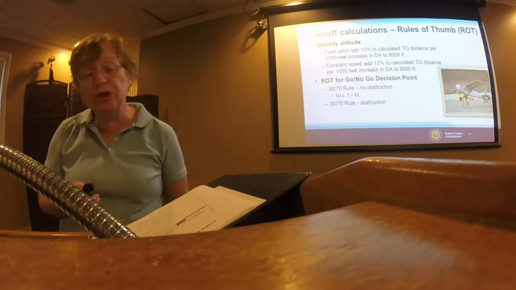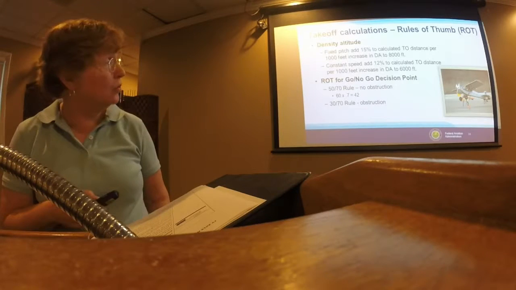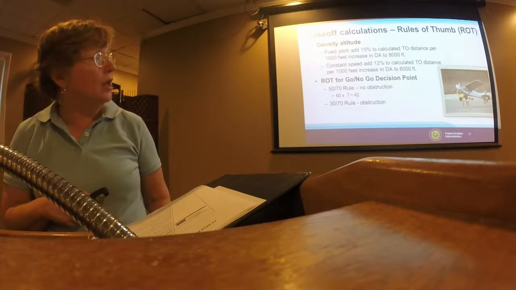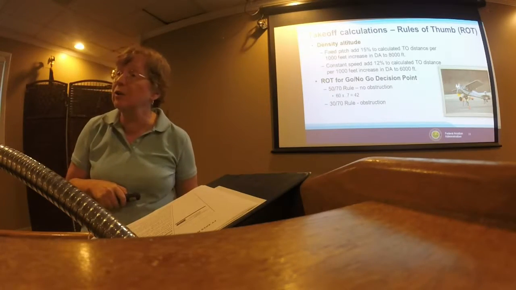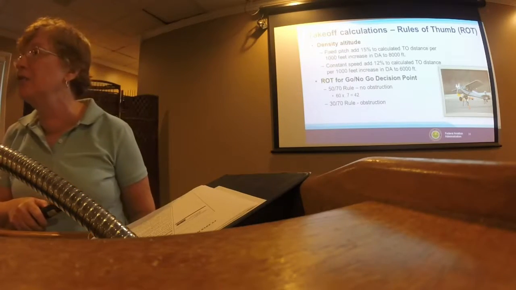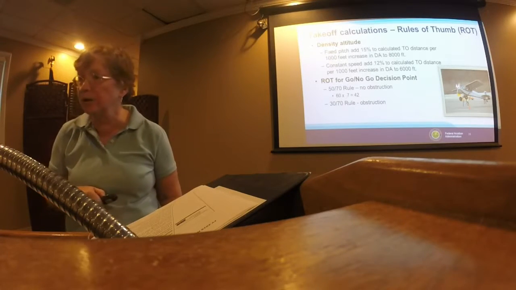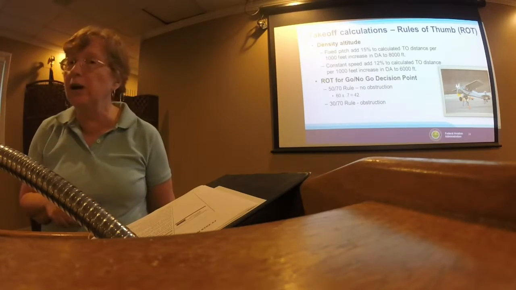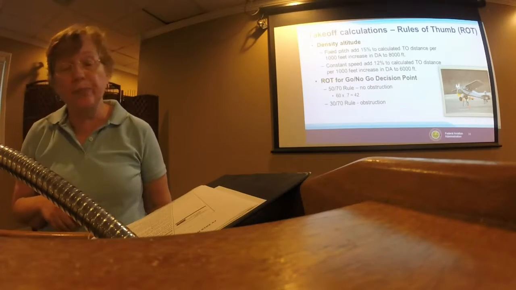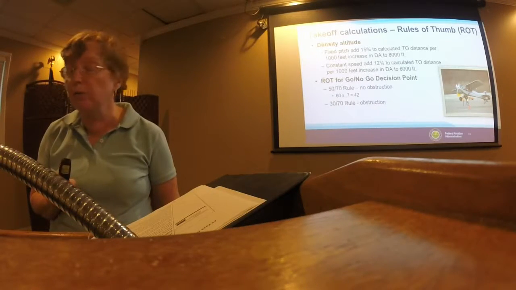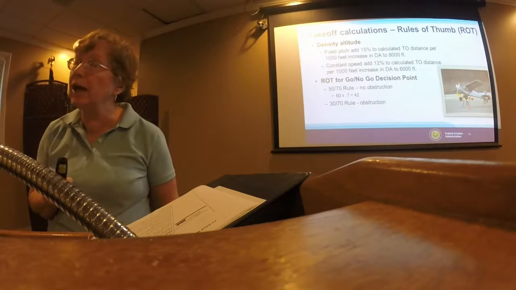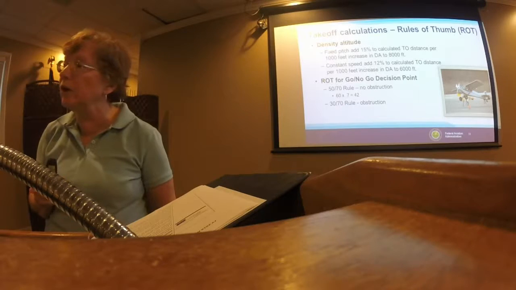Now, for that 70% idea, which for this one they're using 60 as your rotation speed, at that 50% point, you should have 70% of your rotation speed. If you haven't accelerated that much, something is wrong. You need to stop and evaluate, hopefully on the runway. If you have obstructions, we're going to take 70% of the rotation speed again, but we're going to look for us to have gathered that by about 30% of the available takeoff space.